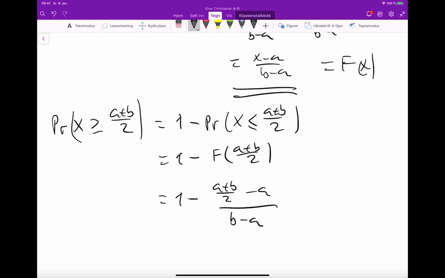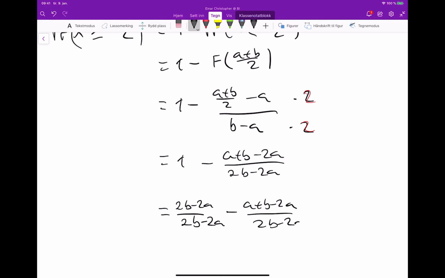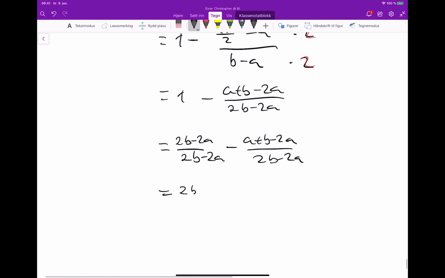And then we just times 2 here and here, expand like this, and we get 1 minus a plus b minus 2a over 2b minus 2a, which is equal, combining this, so we get 2b minus 2a over 2b minus 2a minus a plus b minus 2a over 2b minus 2a, and then 2b minus 2a minus a minus b plus 2a divided on 2b minus 2a, and we get,